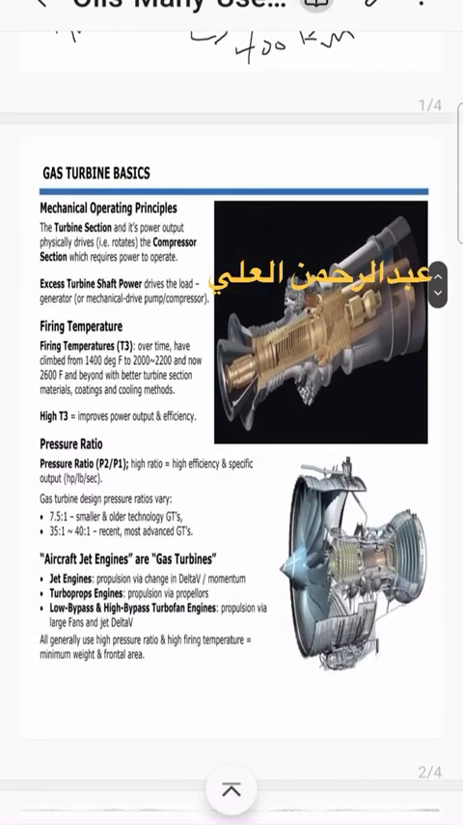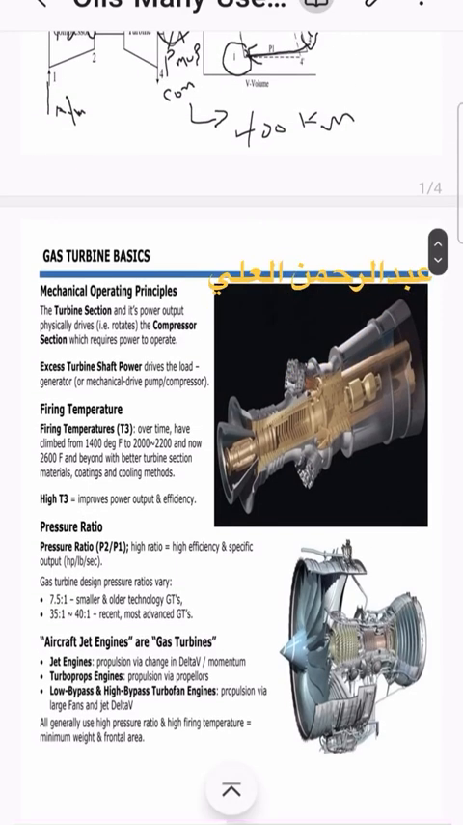Okay, now we can go to the firing temperature. Firing temperature T3 over time has climbed from 1400 degrees Fahrenheit to 2200, and now 2600 Fahrenheit and beyond, with better turbine section materials, coating and cooling methods. High T3 improves power output and efficiency. What that means is